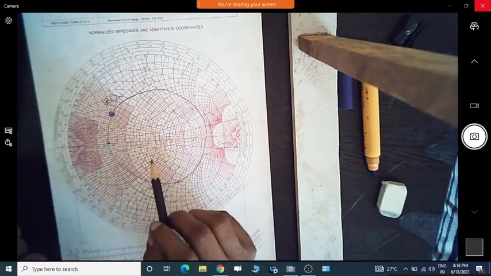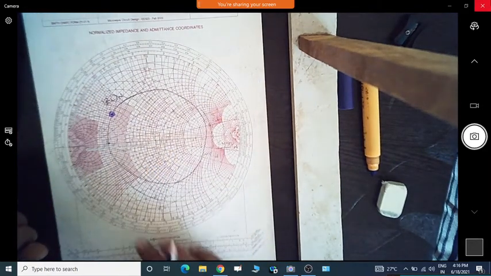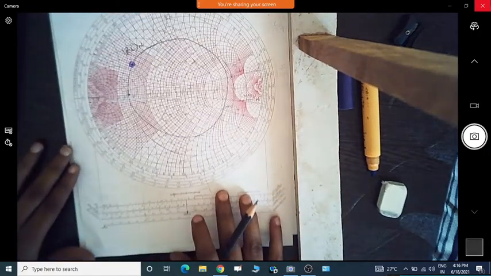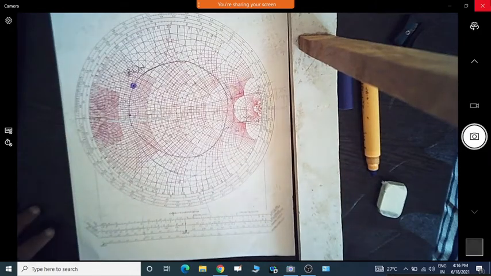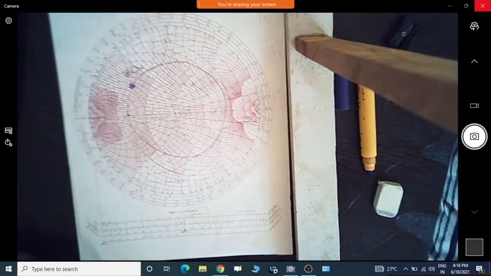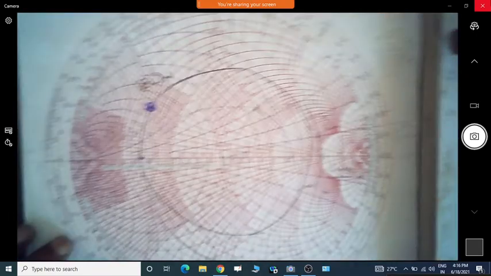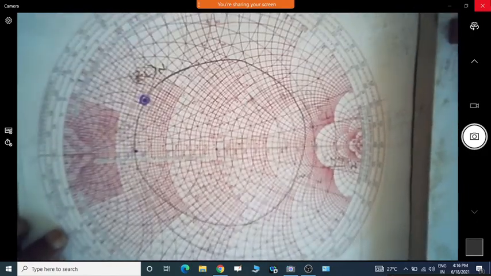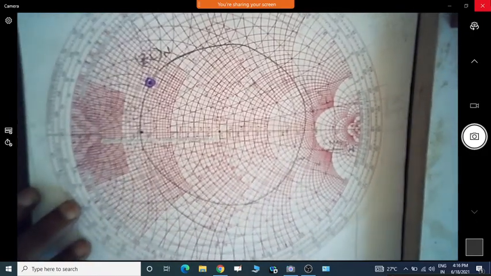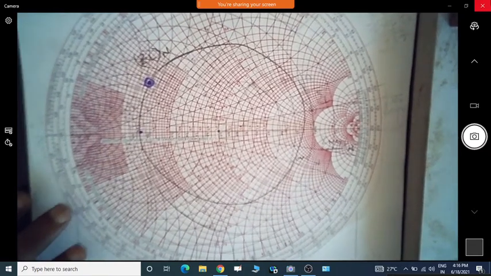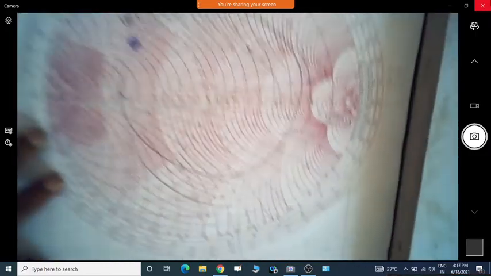Sir, Smith chart is blurred, sir. Hello. Sir, Smith chart is blurred, sir. It is blurred. Sir. So I don't know how. Maybe the camera height we have to focus it. Now it is fine. Sir, now it's little bit okay, sir. But this height I cannot put because that setup is like that.